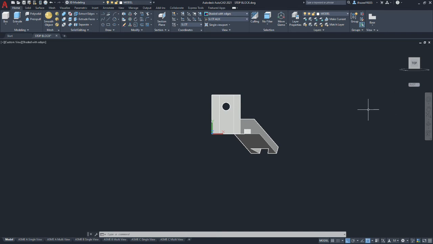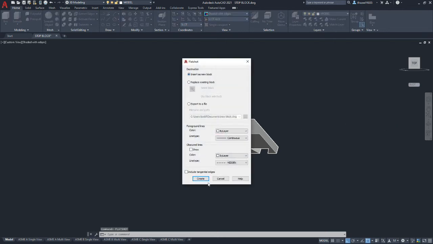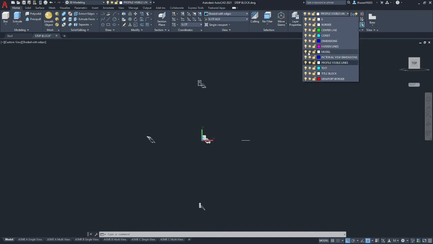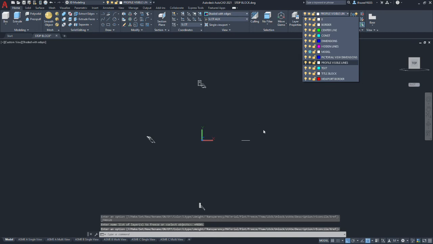Okay, we're going to type flat shot. We're going to take the same settings I did with my other auxiliary view, and we'll throw this guy way up here. Scale factor 1 to 1, rotation of 0. All right, so we've made all our flat shots. So at this point, we're on step 21 in our procedure, and we want to freeze the model layer. We don't want to move our model or alter it.